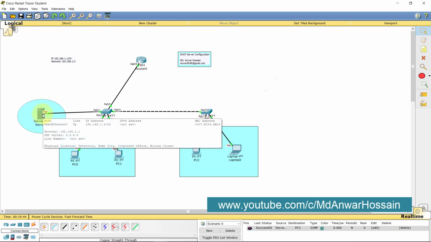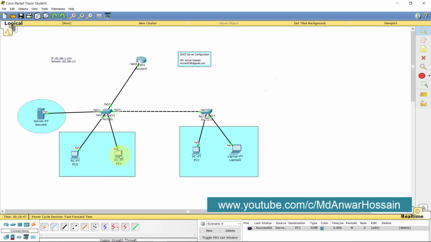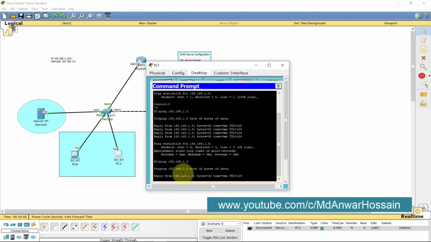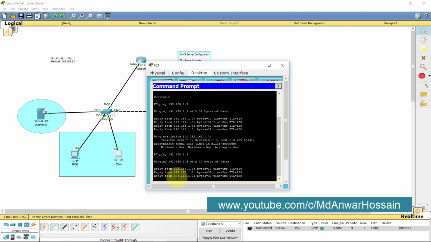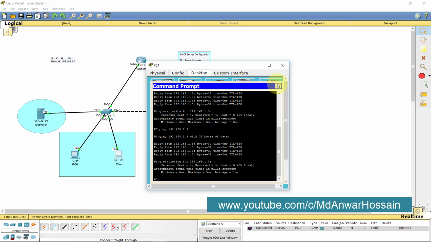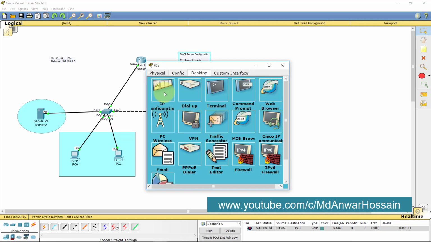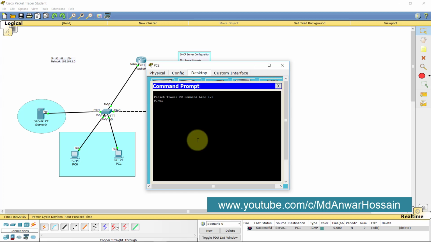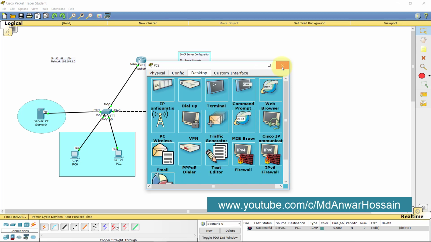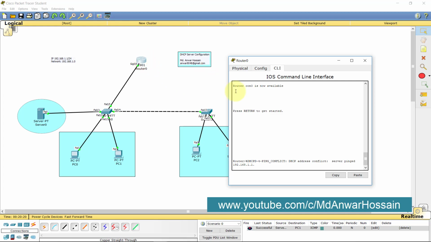The server IP address is 3 and we have sent. Yes, it is reaching. Okay, let's try from the other computer whether it is reaching or not. Yes.